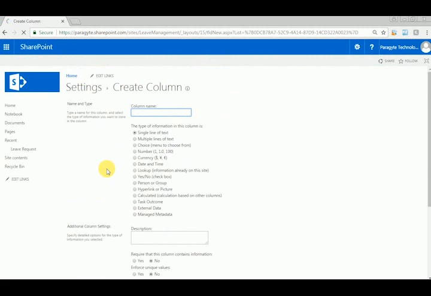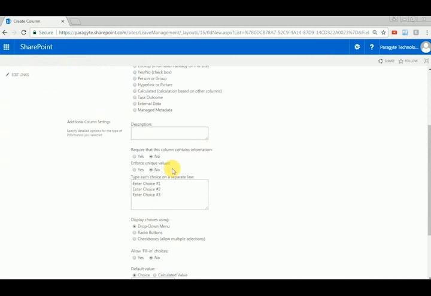First we'll create a column called request type, which will be our choice column. And let's enter some values for this choice column, like whether it's annual leave